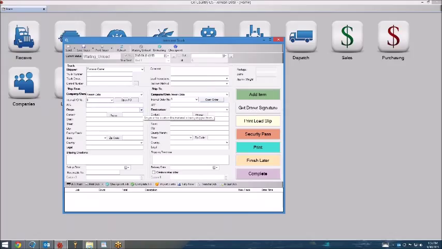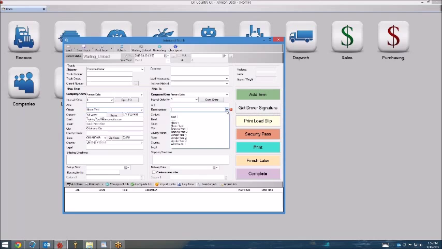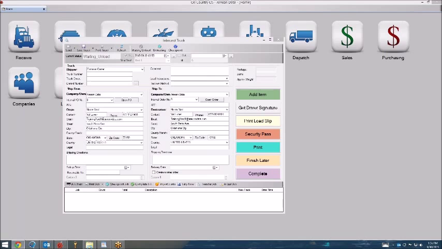You'll also need to change the origin and destination locations. I'm going to set both to the Moore Yard and as you can see, the system has filled in the bulk of the information for us. This information is drawn from the location file in the system. So now that we know where it's coming from, where it's going to, and who is getting it there, we need to actually add some inventory onto this truck. To do this, we need to add an item,